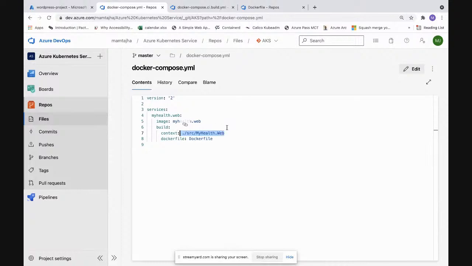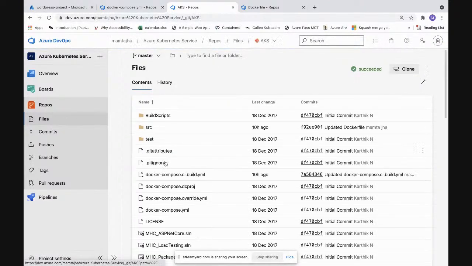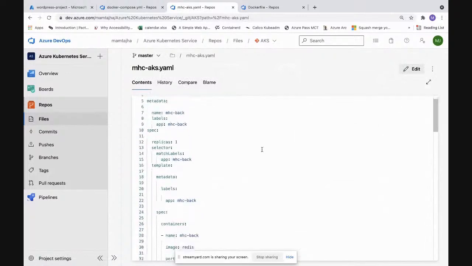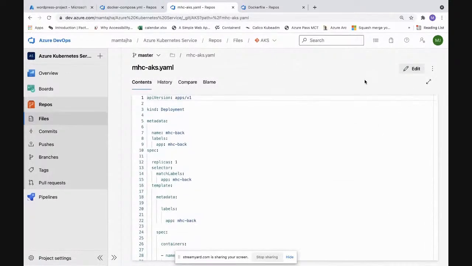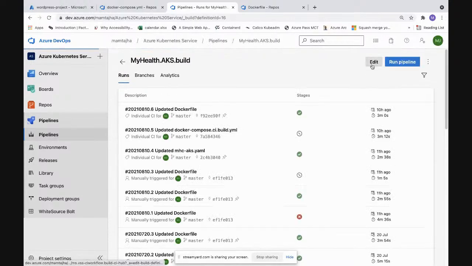We are building the Docker image and we would be using this Docker file during our task. So these are the three basic things which we are doing from the containers perspective and building up our application in a containerized manner. There is one more file which I want to show, which is the Kubernetes YAML file that would be used in the deployment phase. Let me hold on this. Let's go to the build pipeline and then execute it and see how that works.